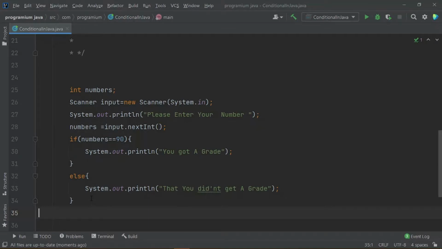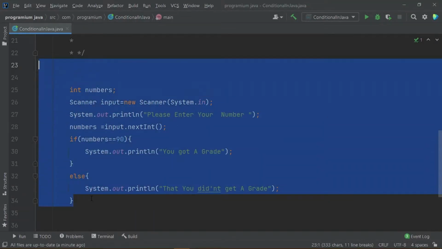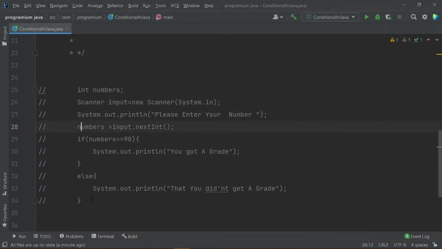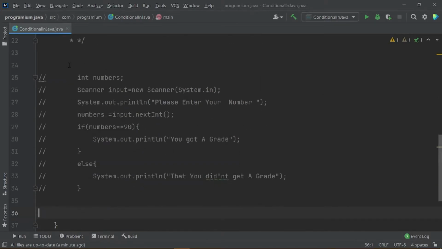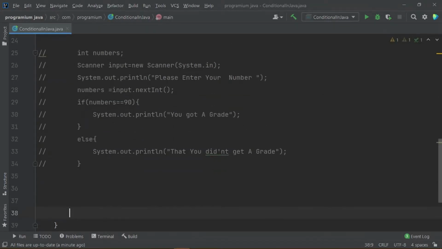So we will take our program further. Let me comment out this, because I will be sharing this source code with you guys, and this will help you a lot. Let me do something more here. So what are we going to create right now? We are going to create an ATM machine menu.